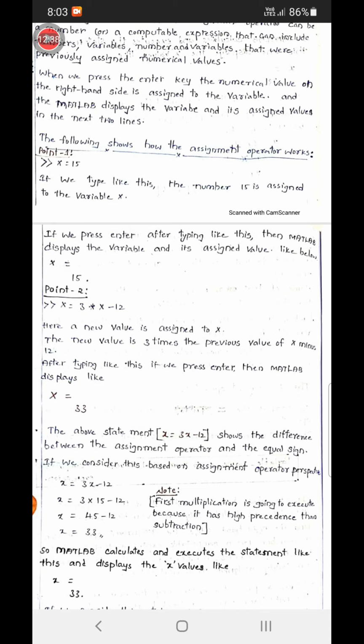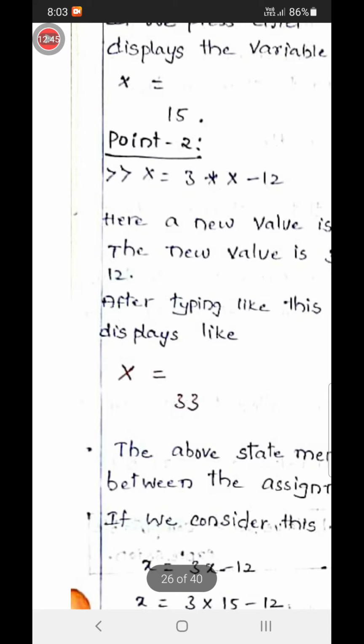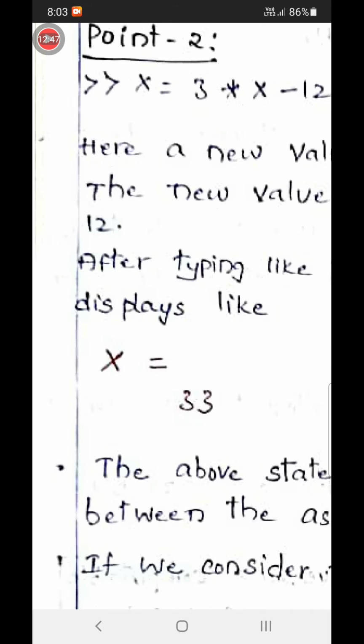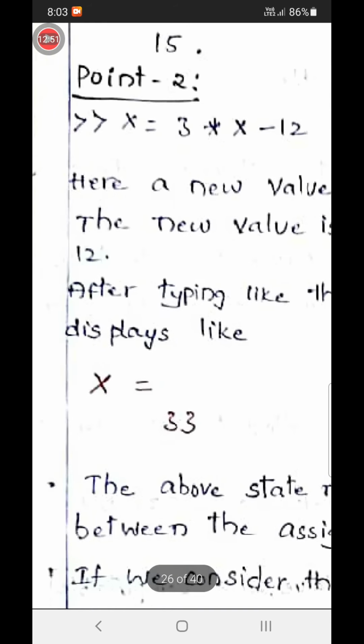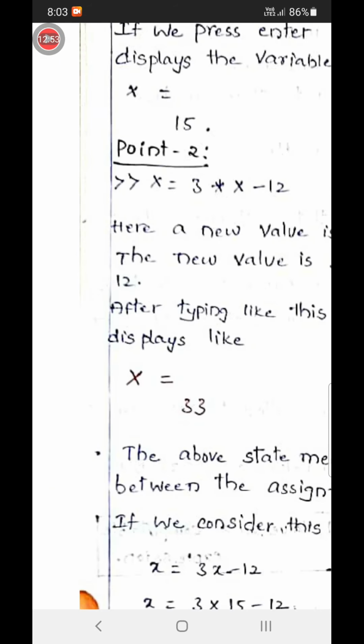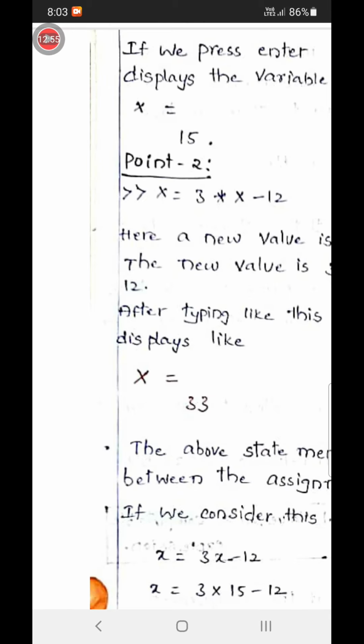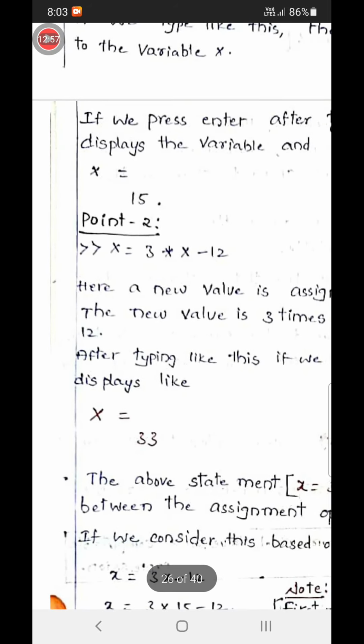After typing like this, if we press enter, MATLAB displays x assignment 33. Why is MATLAB displaying like this?